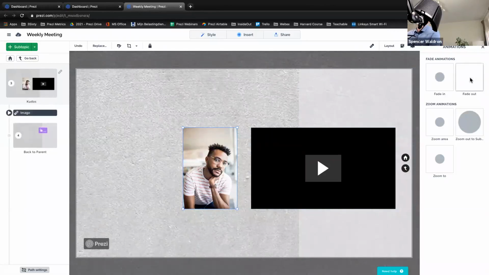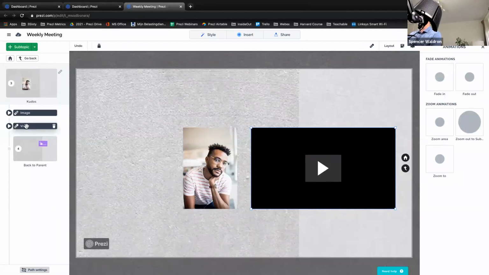So I click the fade out button, and you see over here on the left-hand side that the fade out animation sequence has worked. And then the next thing I want to happen is I select my video, I want my video to fade in. And you see the video fades in over here, and you can always move the animation sequences so they come in at different